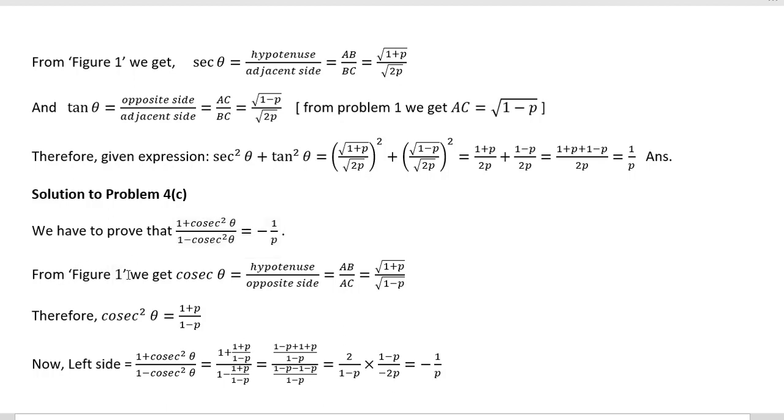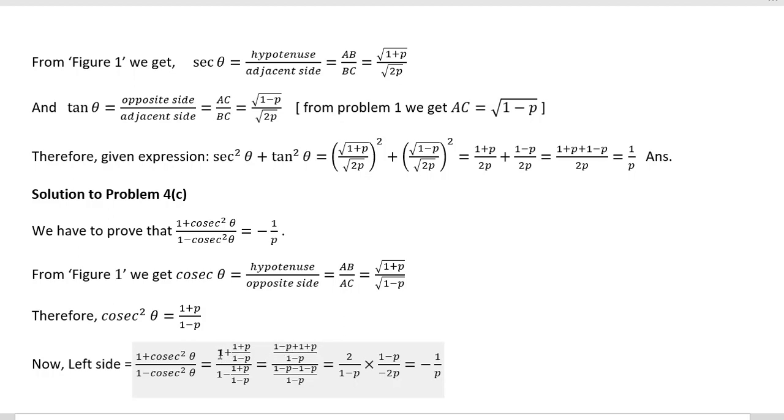So from figure 1 we have that cosec theta equals hypotenuse by opposite side, that is AB by AC, equal to root over 1 plus p divided by root over 1 minus p. Now cosec square theta equals 1 plus p divided by 1 minus p. Now if you put the value in the expression of the left side, you will get 1 plus p by 1 minus p divided by 1 minus 1 plus p by 1 minus p,